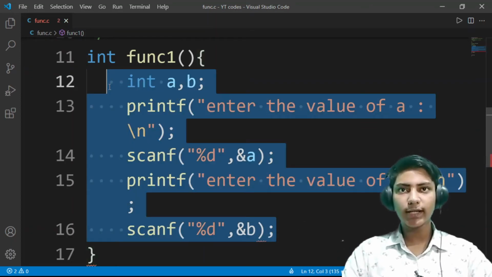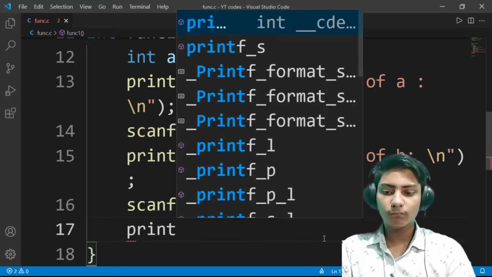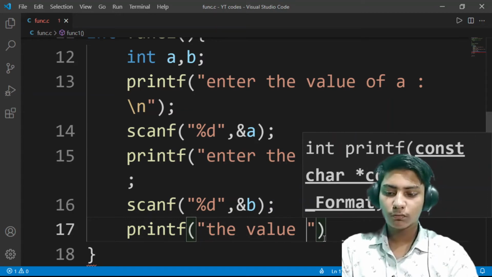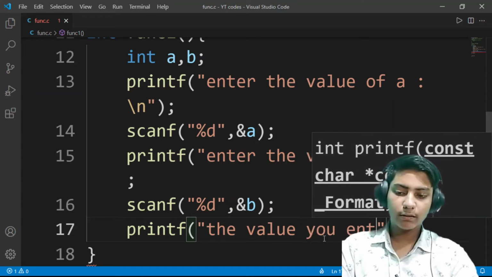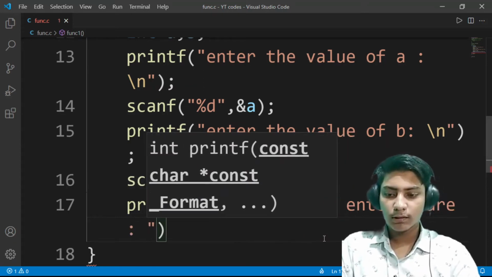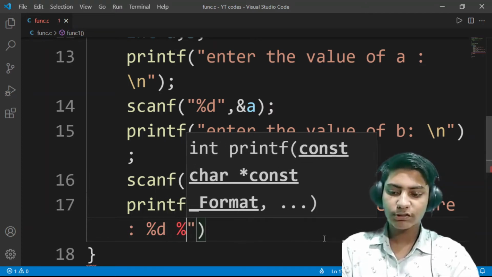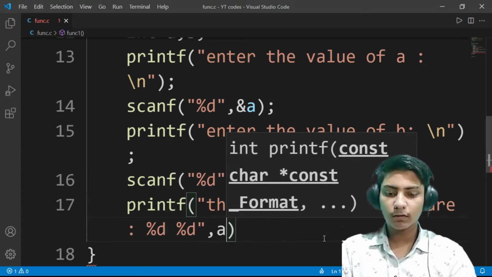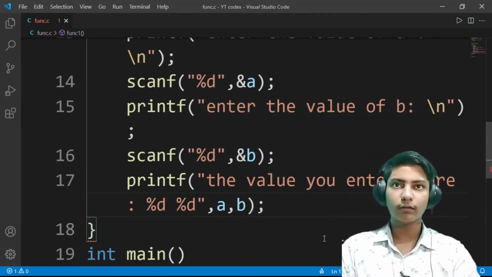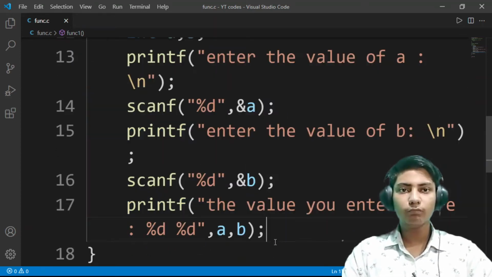So guys, this will take the value of a and b from the user, and then the printing function, printf, the value you entered are percentage d space percentage d, then comma a comma b, and then the semicolon here. So this function will take the input of the user for two variables and then print it.